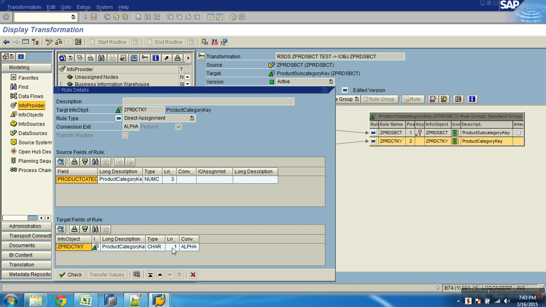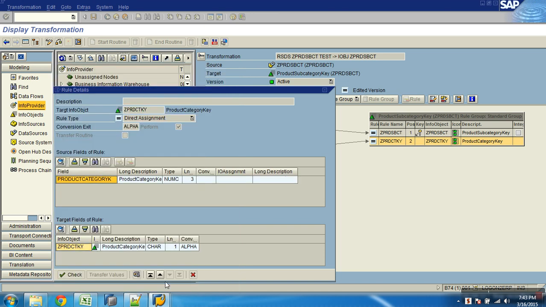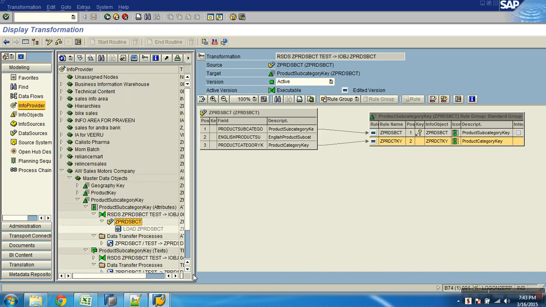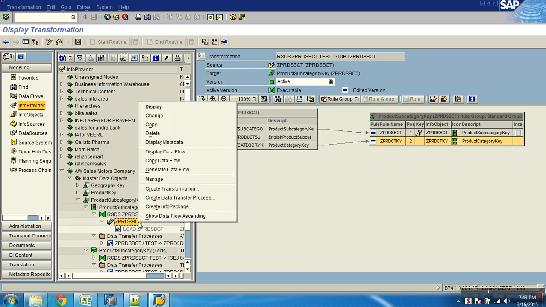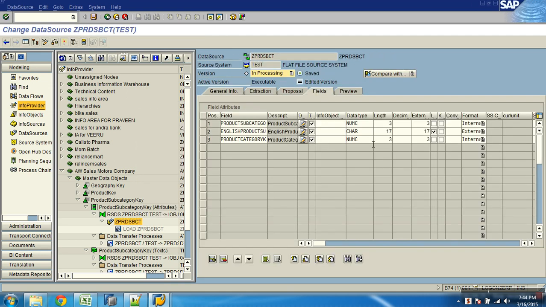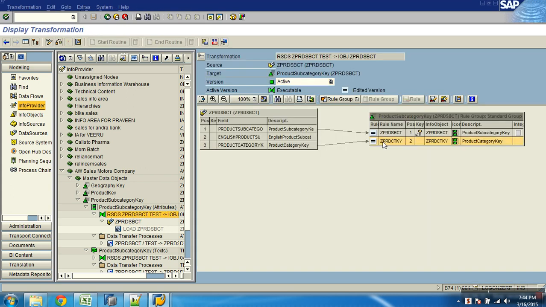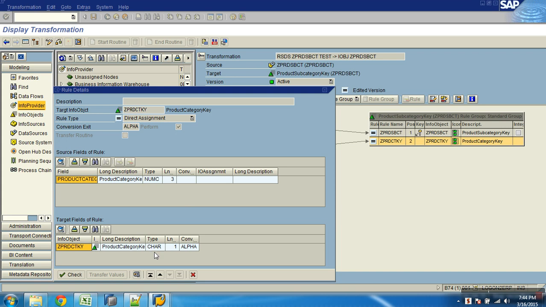In the target it is taken as 1, so what? Char, and here it is NUMC. How did I take it as NUMC? It's 3 here, right? Source is 3, but here it's 1.